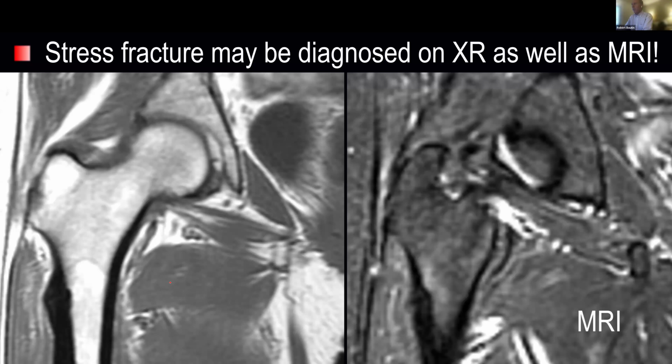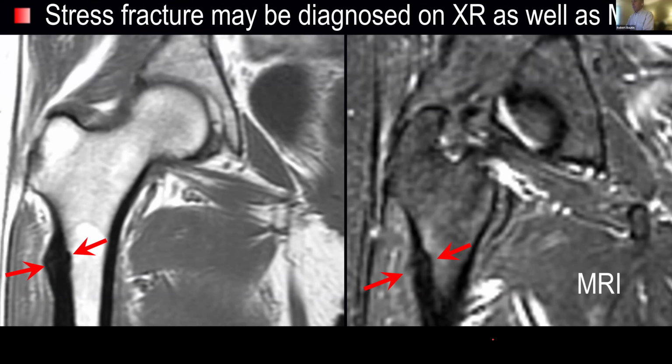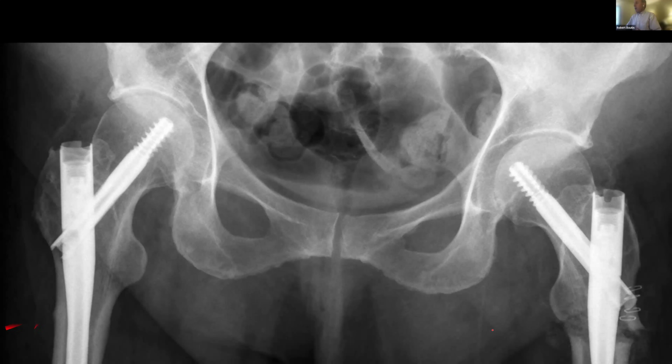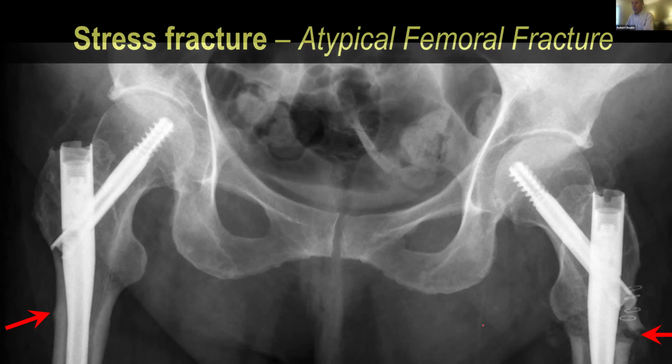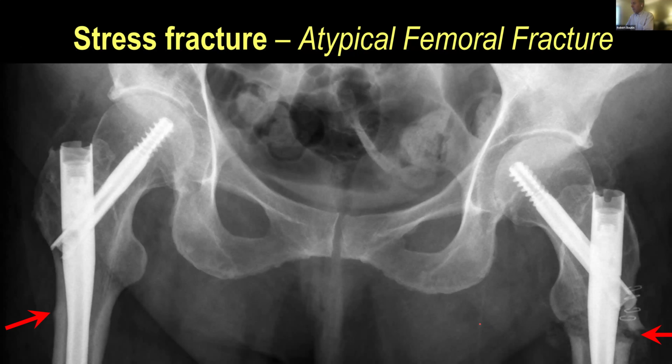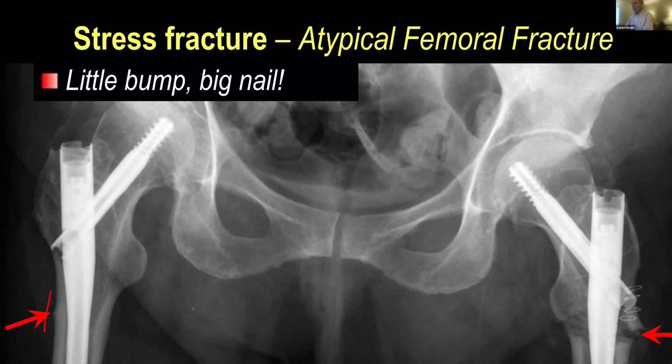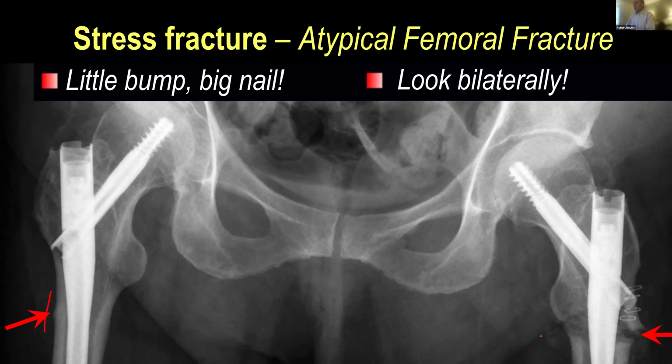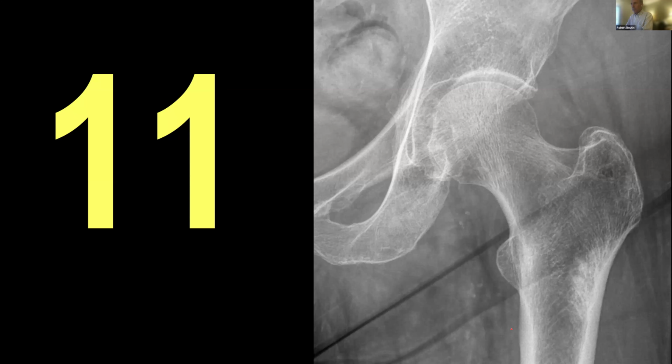can have big consequences. They're often easier to see, or just as easy to see on radiographs as on CT or MRI. But here's what they look like, involving lateral cortex with adjacent edema. So these patients typically get a long femoral rod or nail. This patient was not displaced on this side, but they were treated prophylactically with a big cephalomedullary nail construct, and you can see on this other side they were reduced. So look bilaterally for these, because it's nice to catch them before they displace.